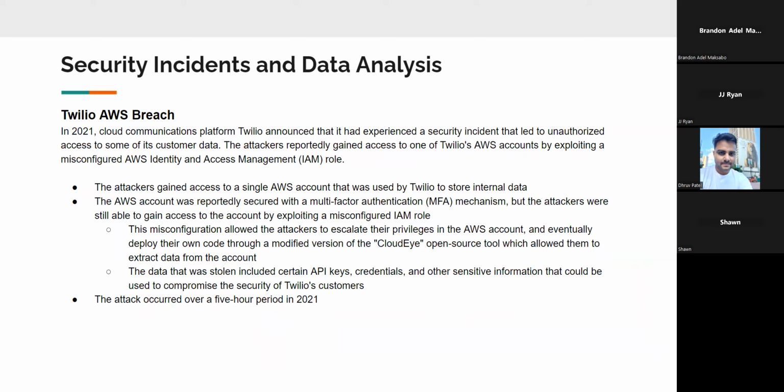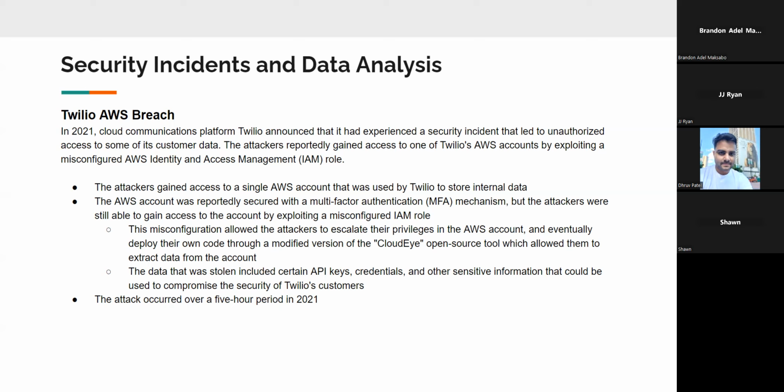Another hack was the Twilio AWS breach in 2021. Cloud communication platform Twilio announced it has experienced a security incident that led to unauthorized access to some of its customers' data. The attackers reportedly gained access to one of Twilio's AWS accounts by exploiting a misconfigured AWS identity and access management role. The attackers gained access to a single AWS account that was used by Twilio to store internal data. The AWS account was reportedly secured with an MFA mechanism, but the attackers were still able to gain access to